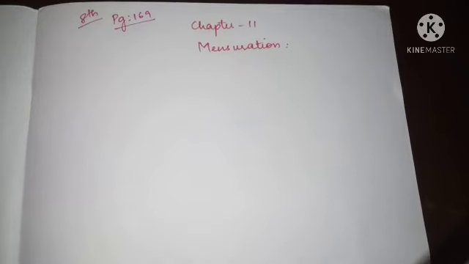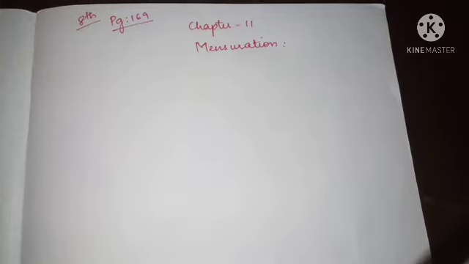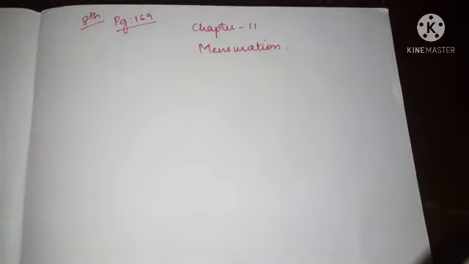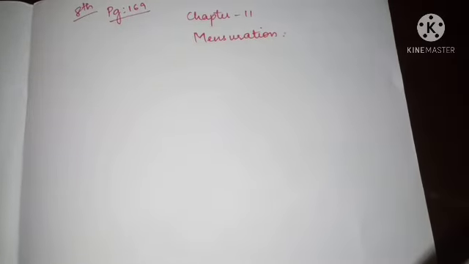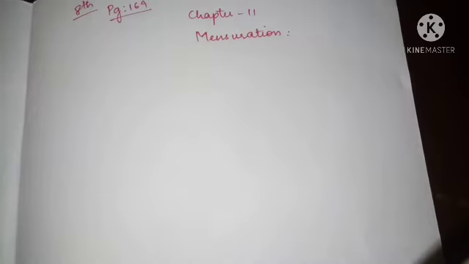What is meant by mensuration? Mensuration, from the word itself we can see that there is some measurements. We have lots and lots of measurements around us, where we have to measure those things and find the answer, and we have to analyze the answer, what is what. So for that purpose we use the technique called mensuration. So the main purpose of learning the mensuration is to measure the objects.